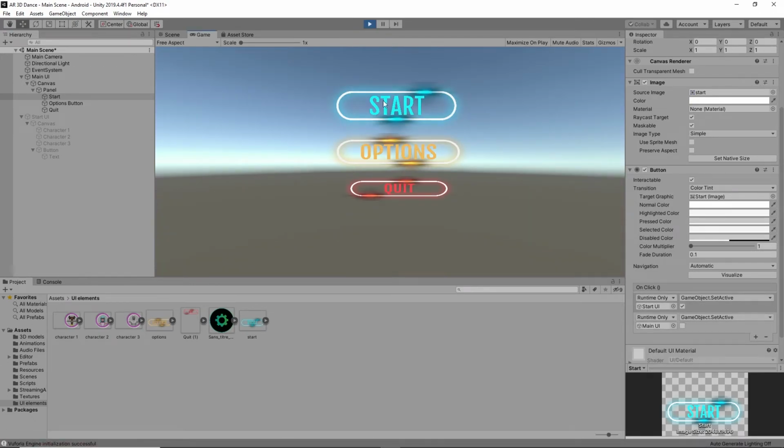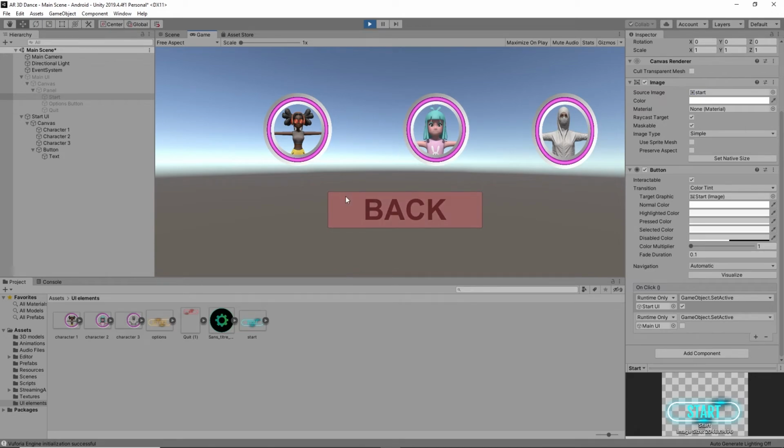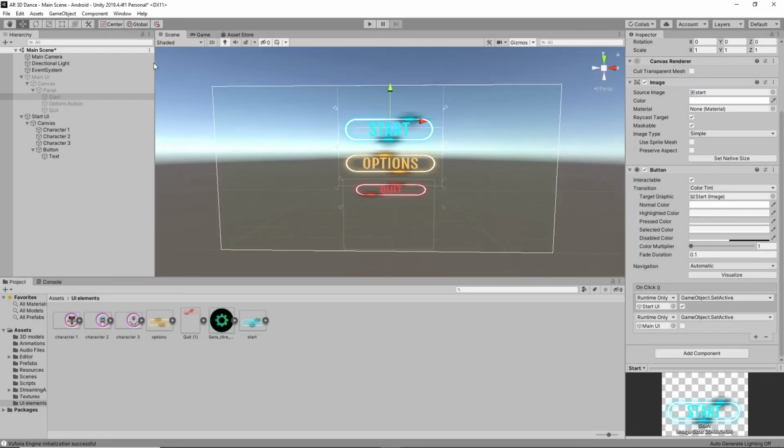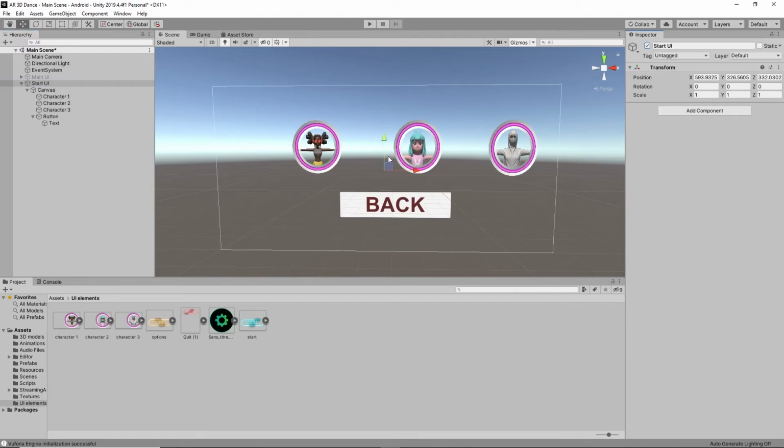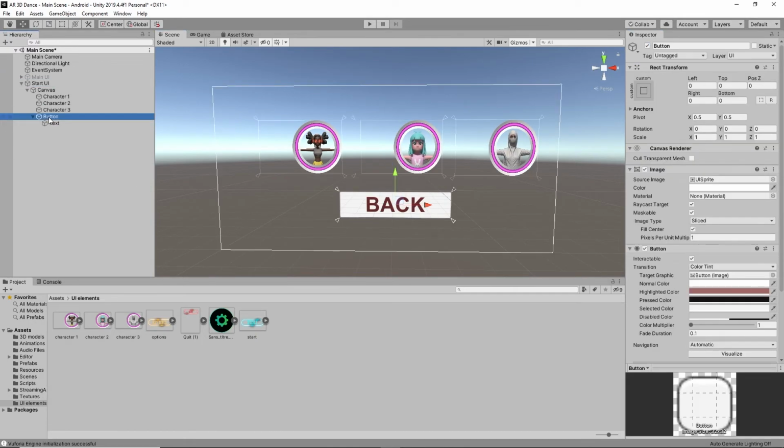If I select start button, 3 buttons arrive. So you can click this or we can go back, but we didn't give the functionality for the back button. So what should we do now? We have to give the functionality for the back button. So that means first disable this main UI and enable this start UI. Here select the back button.